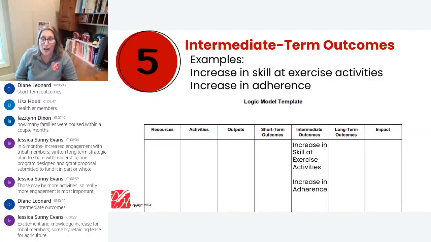choosing different options when they're dining out, to ask some more questions so that we know more, because increase in adherence, it sounds cool, but would a grant maker know from looking at enough to understand what that means? And how would we measure that increase in adherence? So when we're brainstorming, right, we're putting anything and everything we can come up with so that then we with our colleagues can sit down and ask questions. How would we measure that? Are we sure we can measure that? Will we have access to these folks?